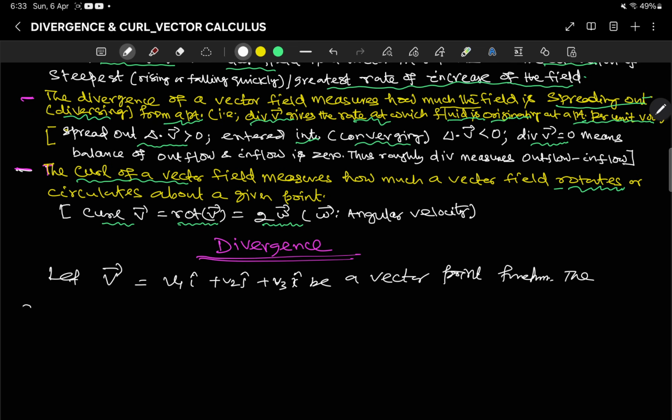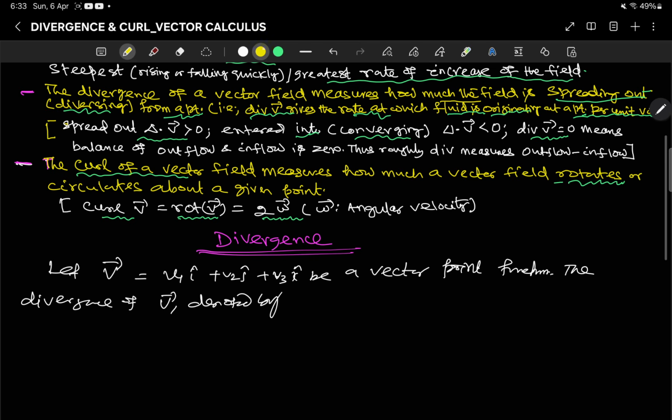The divergence of V, denoted by div V, or I can write it as del dot V, or del V. Generally we do not put a vector sign on the del notation; if you put it, that's also okay. It is given by